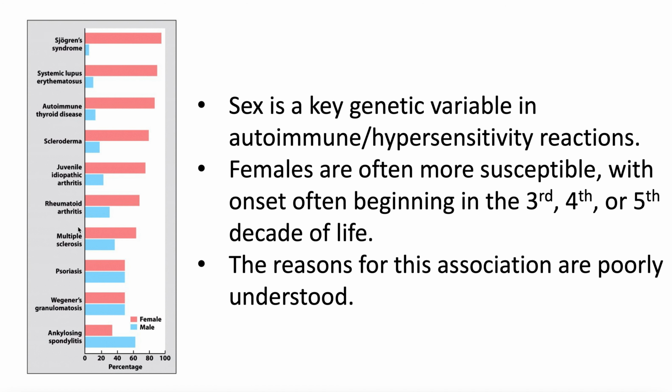And I also lastly wanted to mention that sex is a key variable here. And in fact, in many autoimmune diseases, females are more susceptible. And this onset of increased susceptibility often begins in the third or fourth or fifth decade of life. The reasons for this are really poorly understood. And there's a few